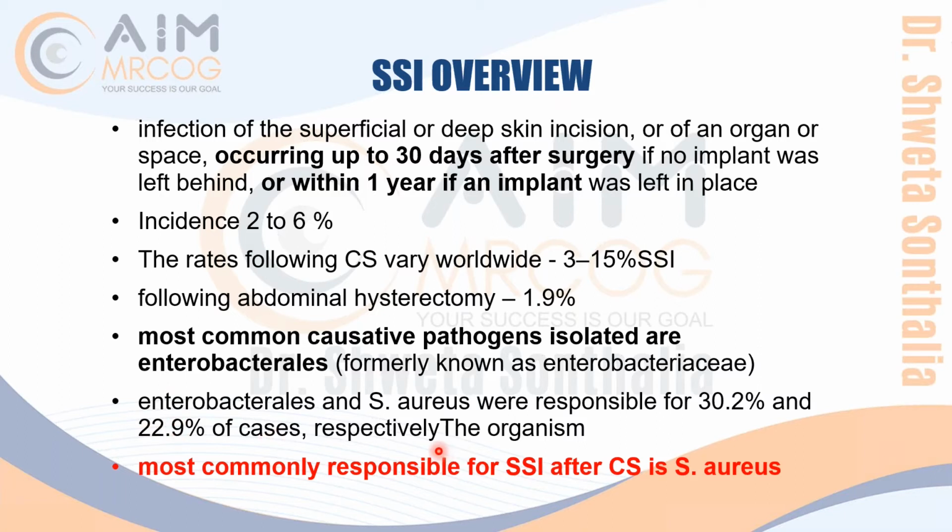So you see that S. aureus is lesser than enterobacterial. But if you see after CS, S. aureus is more common. So you have to understand all over for SSI, for any procedure infection, the risk is mostly by enterobacterials. But if they ask you for CS, you will choose S. aureus. For any skin infection like CS, like breast infection or whatsoever, whenever it is skin infection or episiotomy infection, any skin infection, usually we think about S. aureus. But you have to understand that for any SSI, they say that most common is enterobacterial.